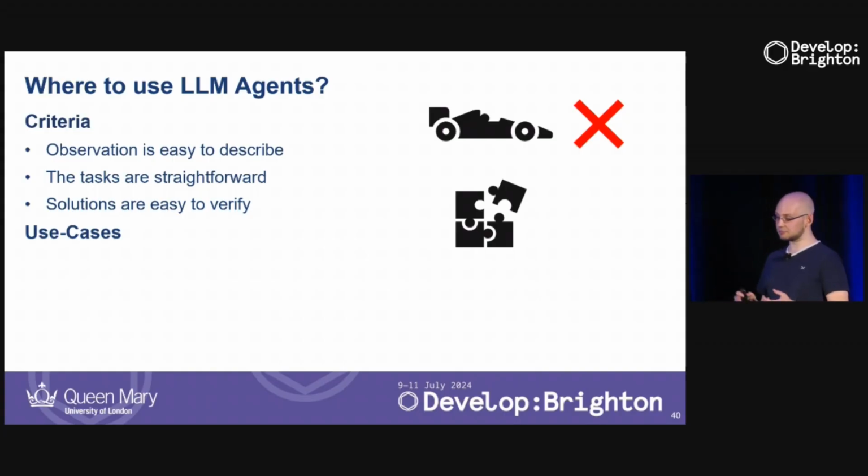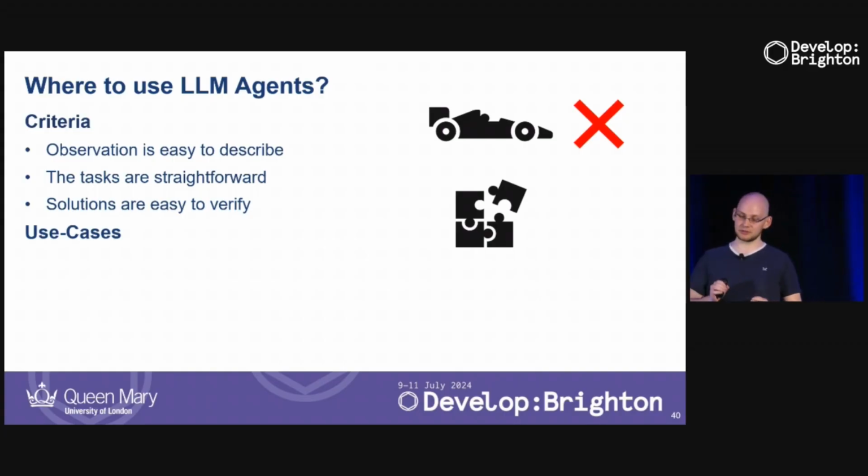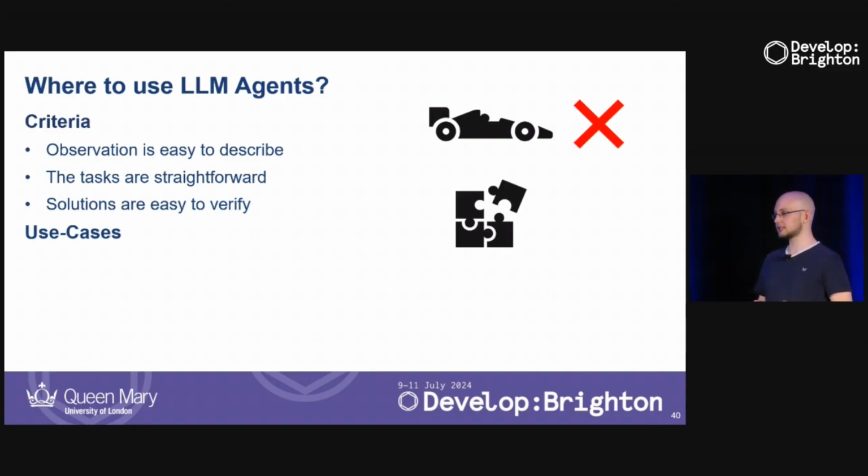Puzzle games might be more interesting, but we have to consider what we are using it for. If we want to verify if a puzzle can be solved, right? We have a solution for a puzzle, and we just want to check, does this solution still work? This is a good case, compared to if we want the LLM to figure out itself how to solve a puzzle. It might be able to do that, but it's very likely that it's going to get stuck because it's very uncreative in how to approach puzzles, which require you to think creatively.